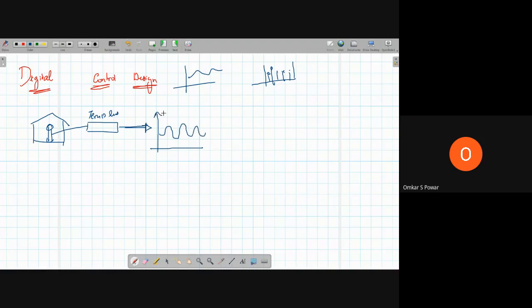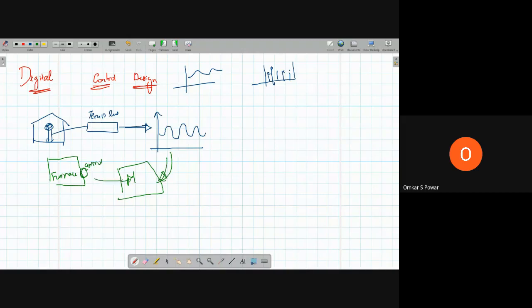So if you want to control the room temperature, you can use analog components which you have studied in your previous semester, and you can control the temperature by taking this temperature as feedback. If there is a furnace here with a control for it, you can do it using analog signals, but it will be bulky and out of date. Using components like resistor, capacitor, diode, you can control it using an analog circuit also.